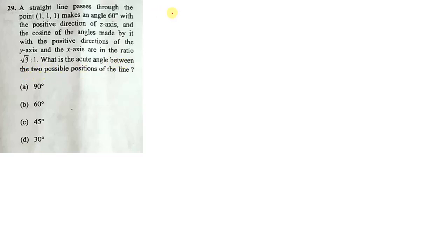As we know, the direction cosines of a line are L equals cos alpha, M equals cos beta and N equals cos gamma. The angle between the line and the z axis is 60 degrees, so we can say the value of N is nothing but half. And the direction cosines of the x axis and y axis are in the ratio root 3 to 1,